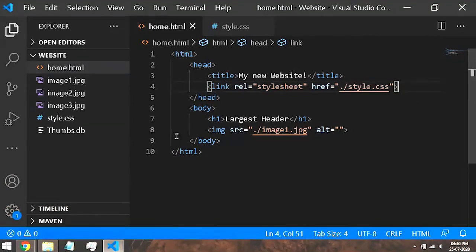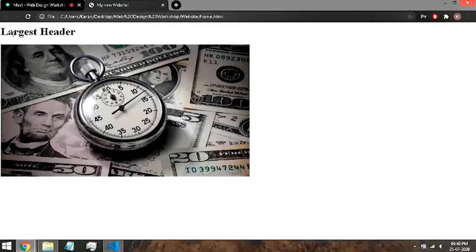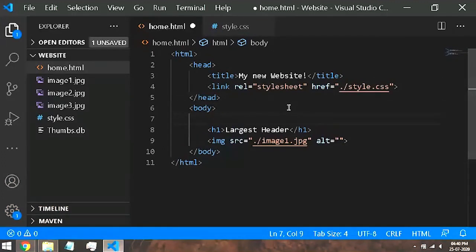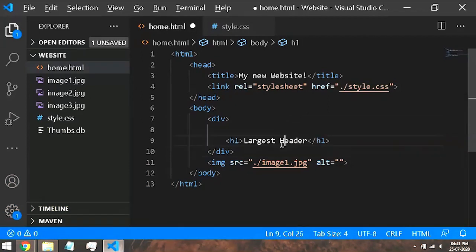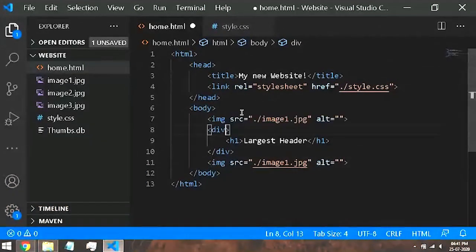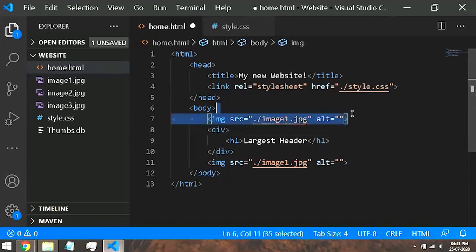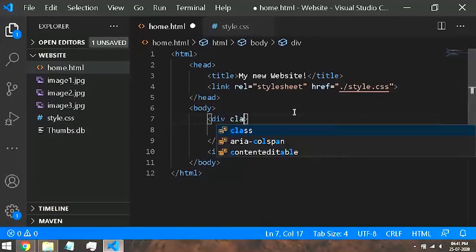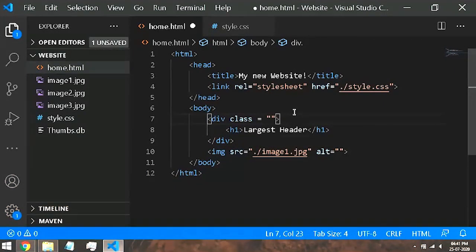Now what I want to do is make this header in the middle of the page. So how can I do that? Firstly, I will be creating a div. Div is basically a division. What does a division do? A division is basically a divider between multiple elements. Let's say if I have this image above the div as well, this will act as a divider between these two elements. It doesn't have any visual representation, but it just acts as a divider. So let me just add a class and I will call this my header.